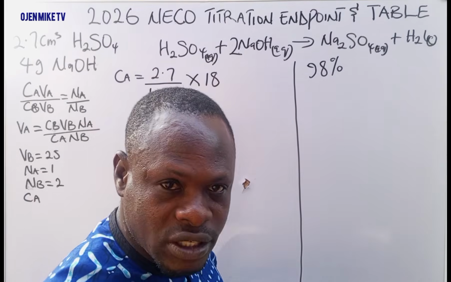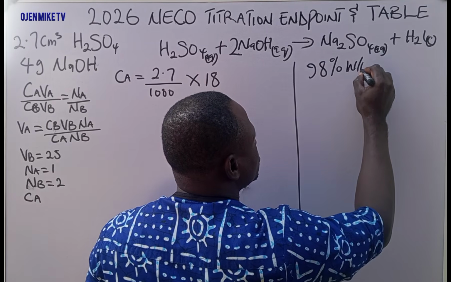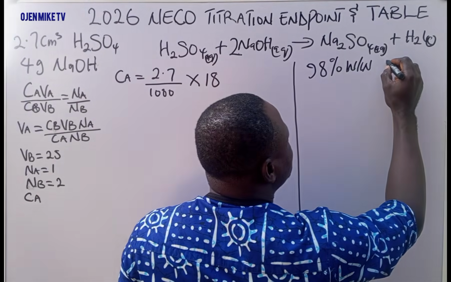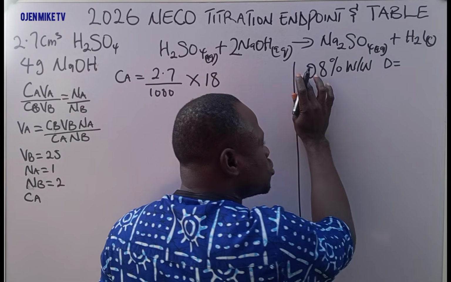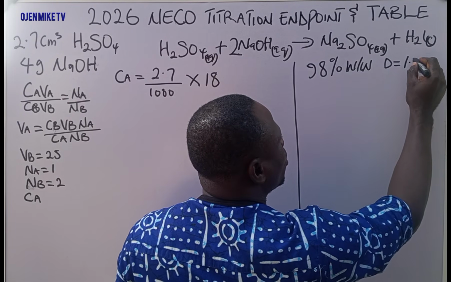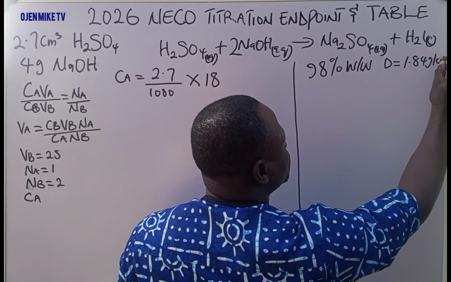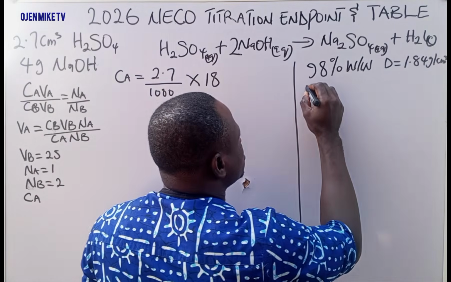98% by weight, and it has a density of 1.84 grams per cm cubed. The molarity of it is given as